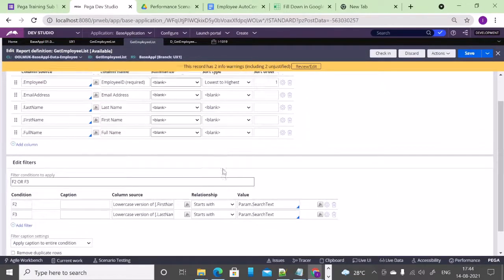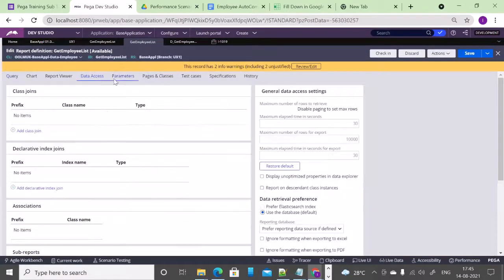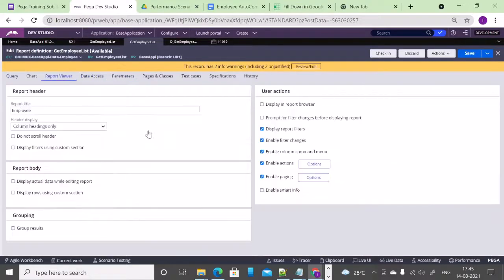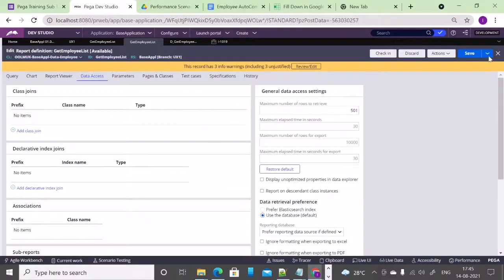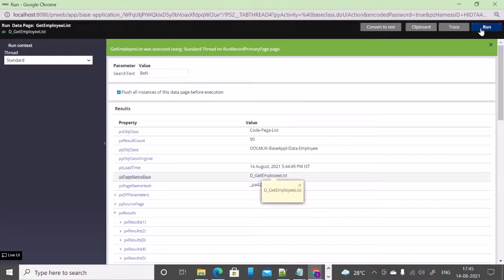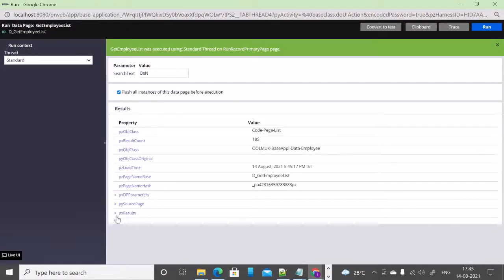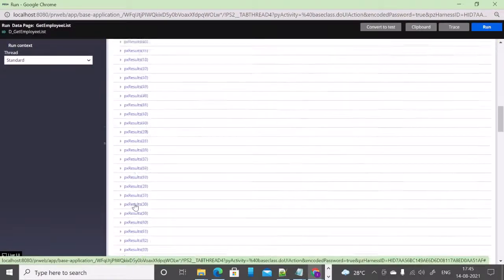So what we will do is disable the pagination. It's not required for this scenario because it's not used in the UI. Since it is used in the data page, pagination would not make much sense. Let me run it to quickly see if it is returning more records. The count matches.